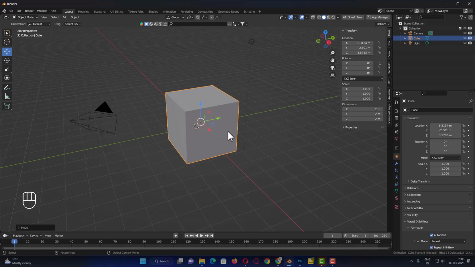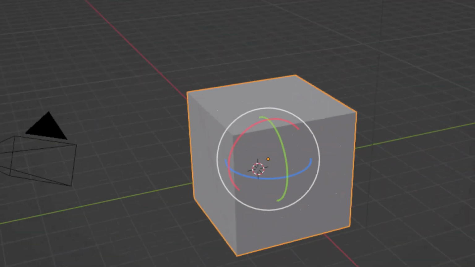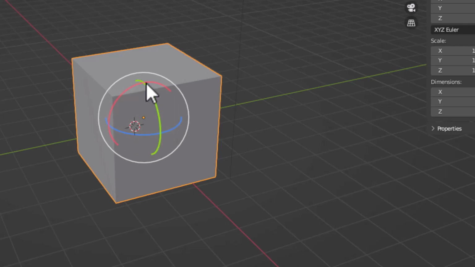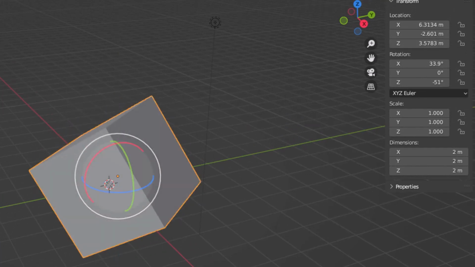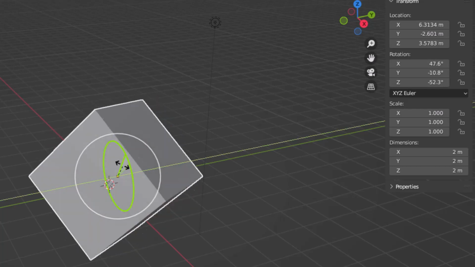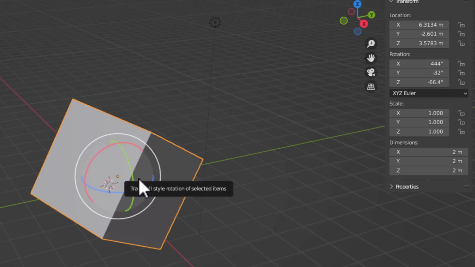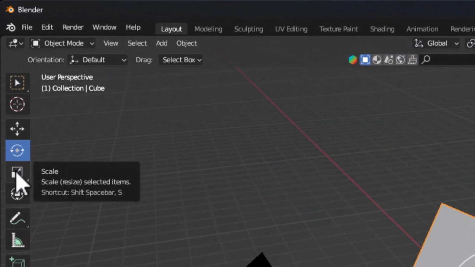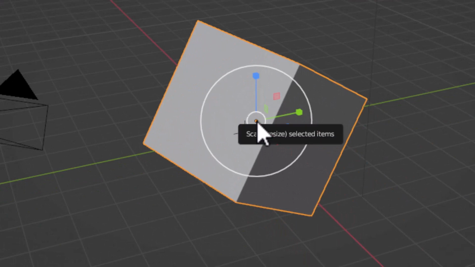The same thing applies to rotation also. If I select the rotation tool, you see 3 rotational rings here. Red represents the rotation along the x axis, blue represents the rotation along the z axis, green represents the rotation along the y axis. We can use this gizmo and carry out the rotation. The same thing applies even for scale, and in scale again here if I click at the center, if I